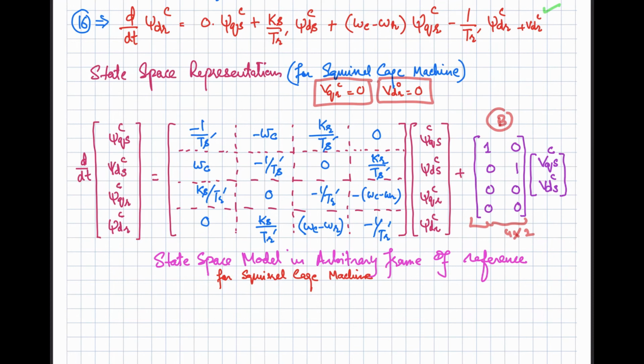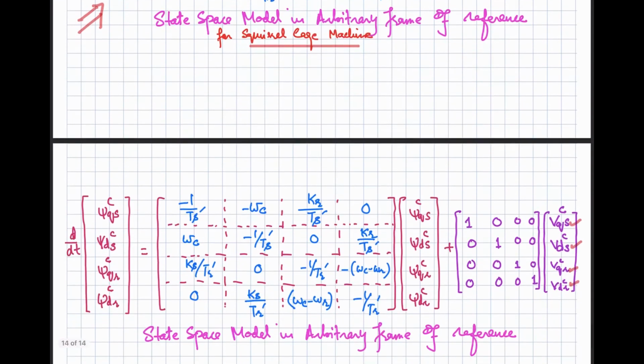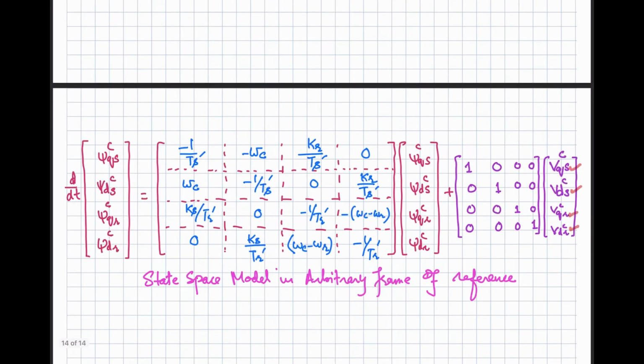So most of the time the induction motor is the squirrel cage induction motor, because it is the main motor that is used in the industry because of it being maintenance free, smaller in size as compared to your wound rotor type machine. So we have developed the model for squirrel cage machine that is represented by this equation. However, in generic form, you can represent it like that.